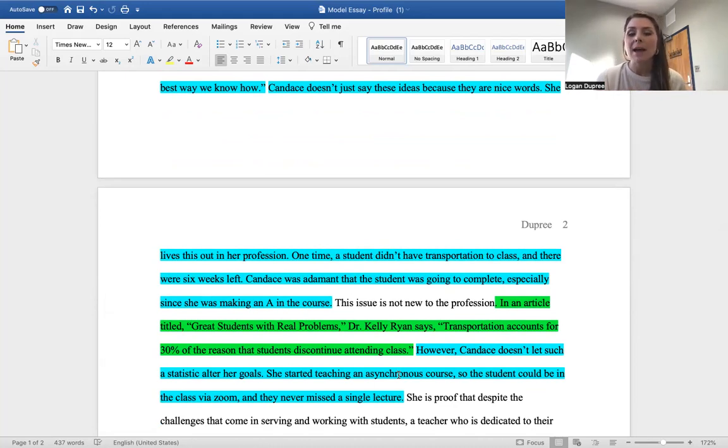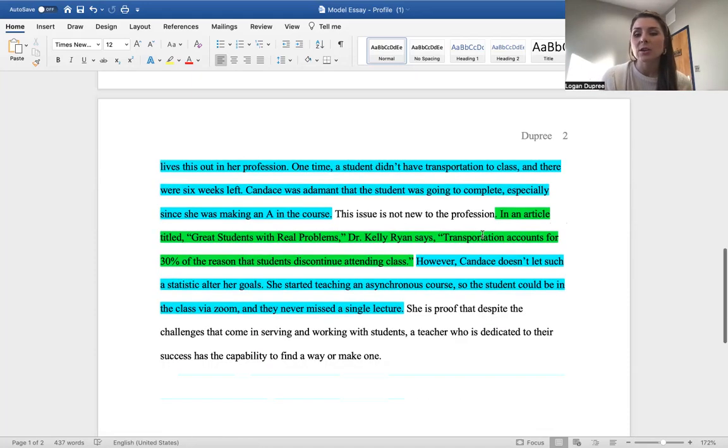And then when we talk about how do we incorporate those secondary sources, okay, guys, this essay isn't about the research that you're finding. This essay is taking that secondary research, the research you found through the library or through the internet, and supporting your primary research, what you found in your interview.